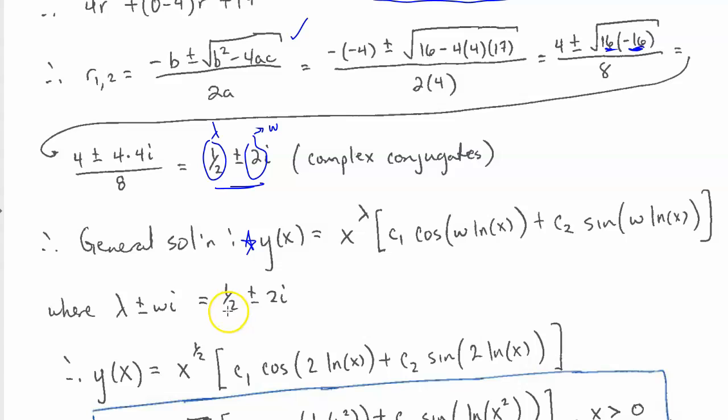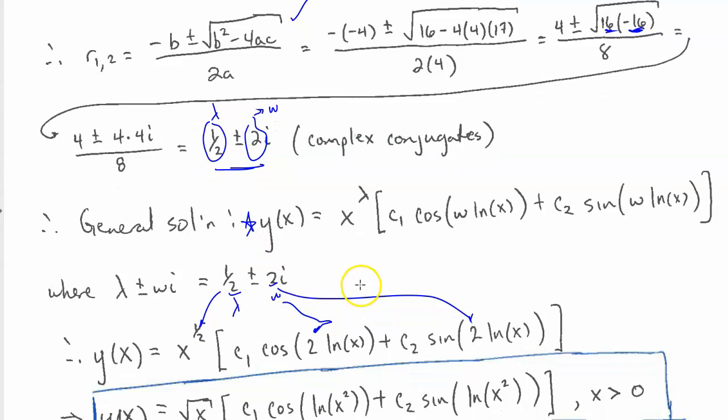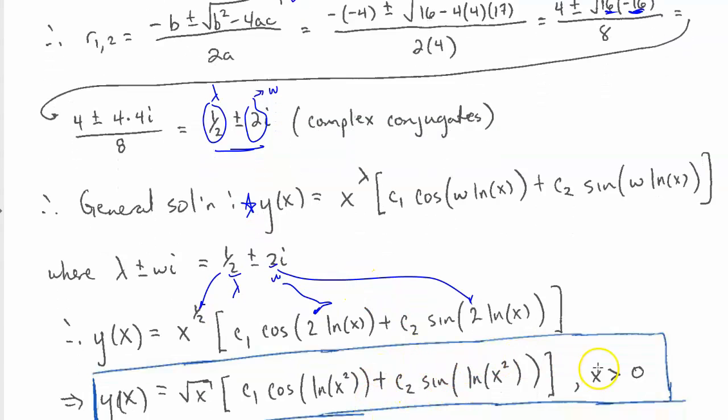So again, this is our lambda, 2 is our omega. So we literally just plug in what it is that we know, and it just ends up being the general solution, okay? And so here, notice that because I have natural log of x functions here, x here is going to